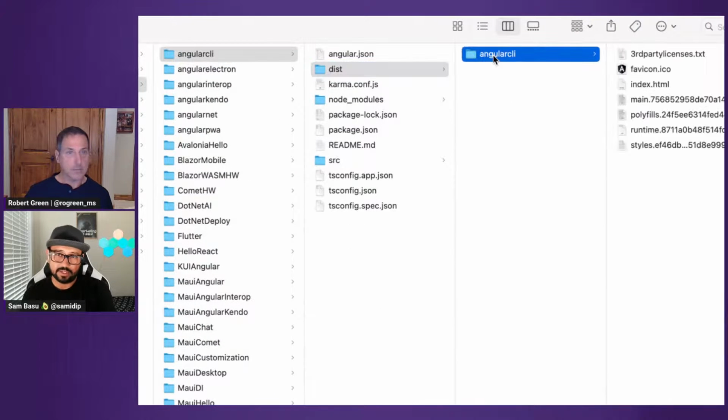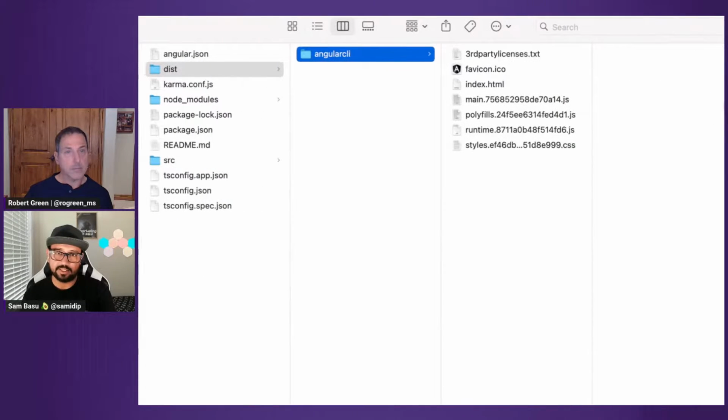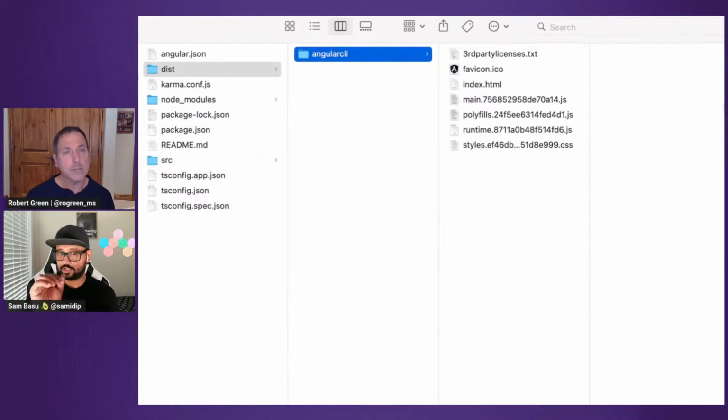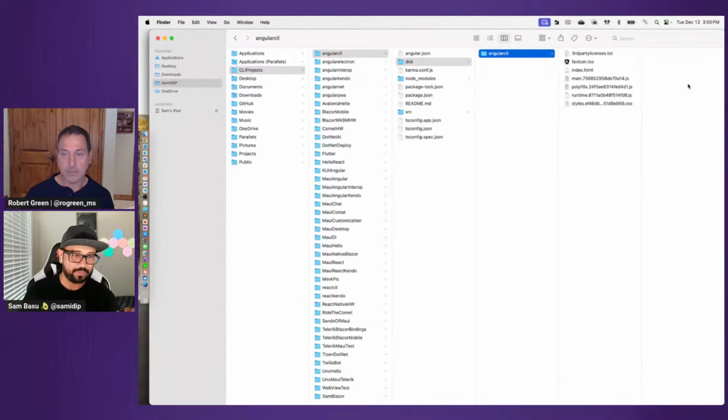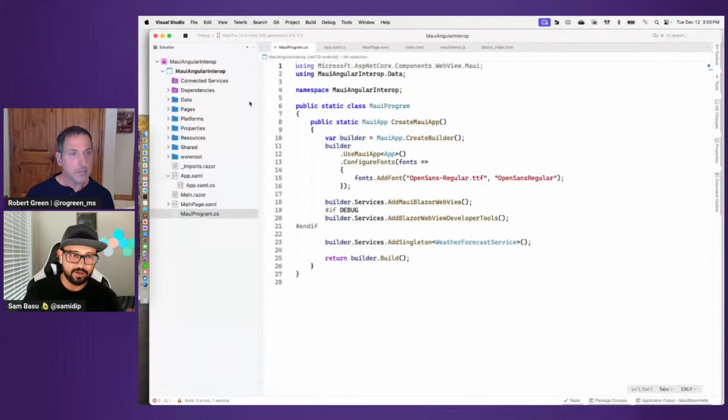And at this point, everything that this app needs to run is actually in this folder itself. Like everything has been flattened out. All of my JavaScript, all of my polyfills, my runtimes, my styles, everything is right here. However, I can bring all of that inside of Maui, right? And there's nothing stopping me. So if I look at the code here, this is where we have the pages directories, not there, but here.